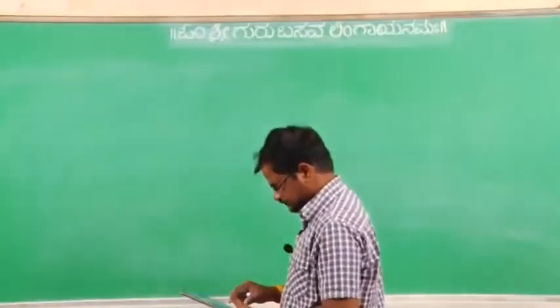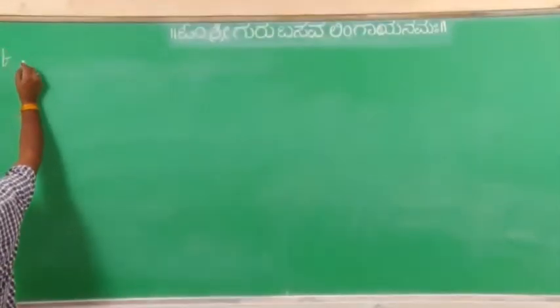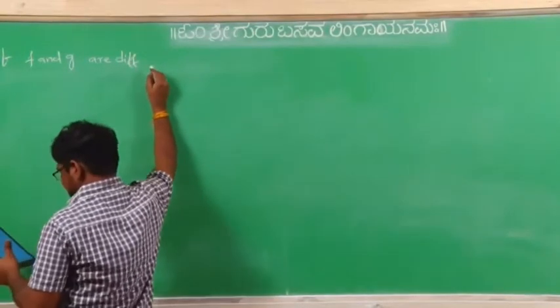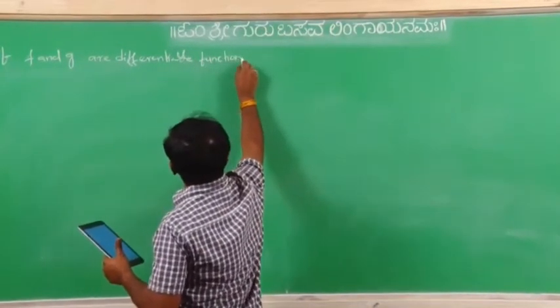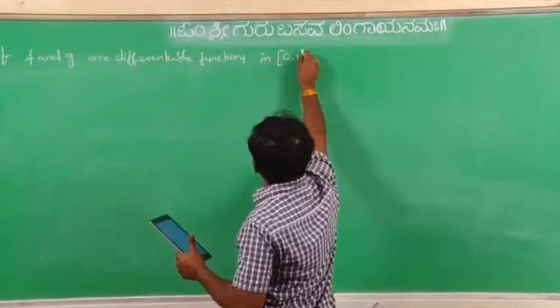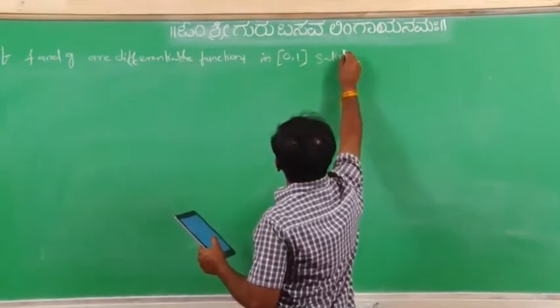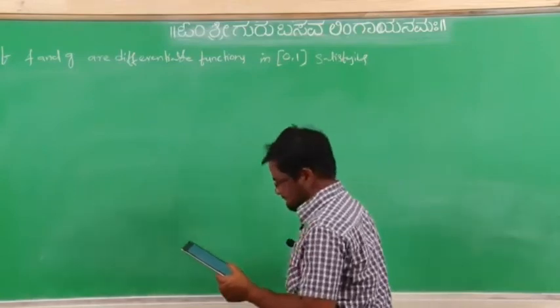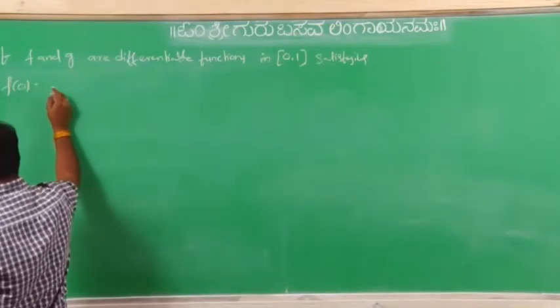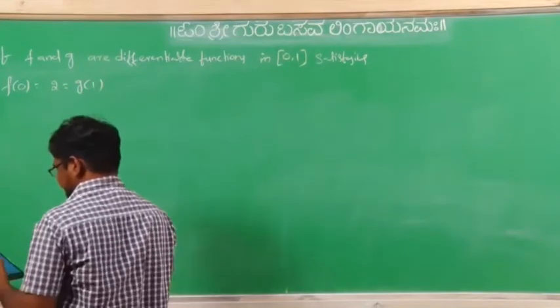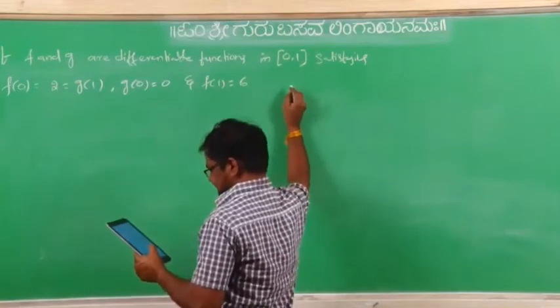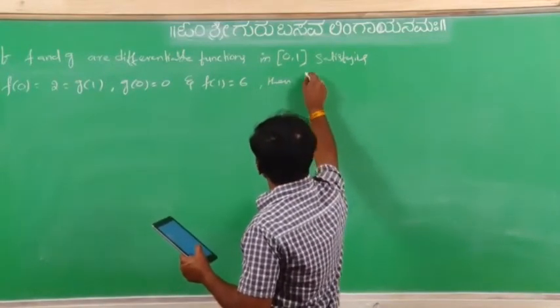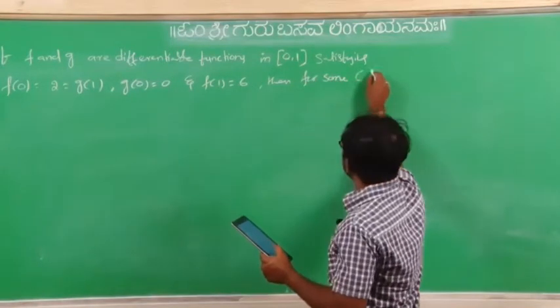Next problem. If f and g are differentiable functions in the closed interval [0, 1], satisfying f of 0 equal to 2 equal to g of 1, g of 0 equal to 0, and f of 1 equal to 6, then for some c belongs to (0, 1),